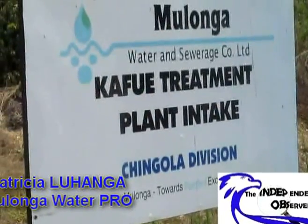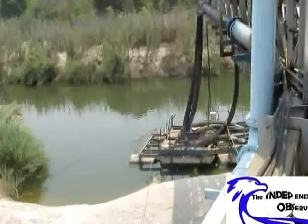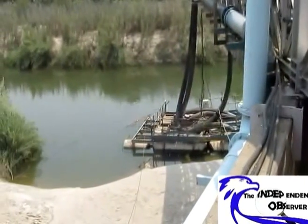So where we are is the Kafue water treatment plant. We'll be able to take you through the processes. And the process begins at the water intake in Kafue. Kafue River being an example of surface water,